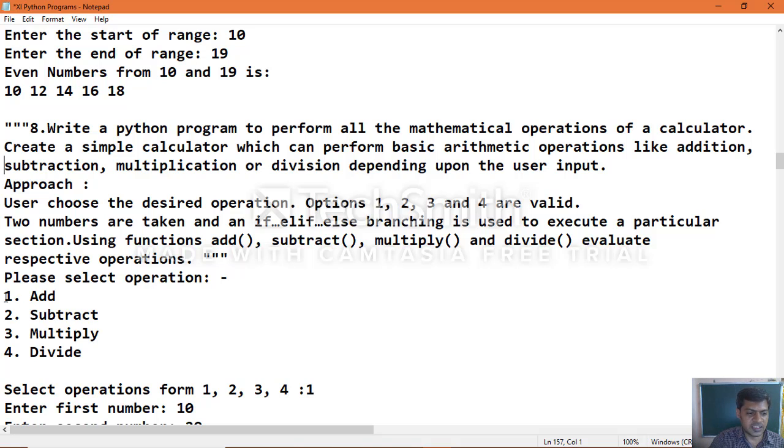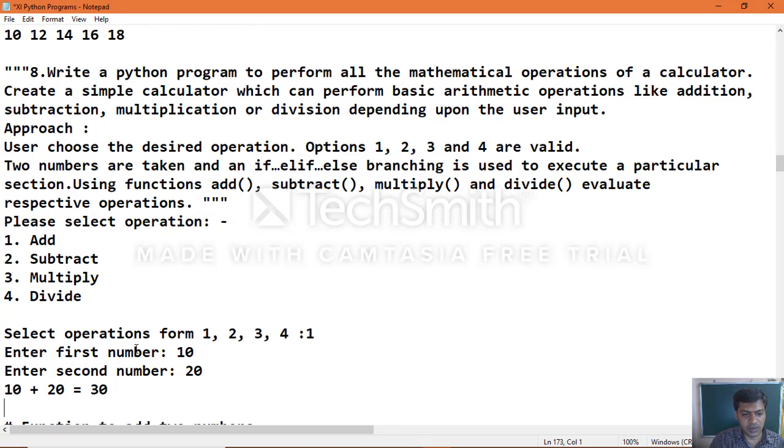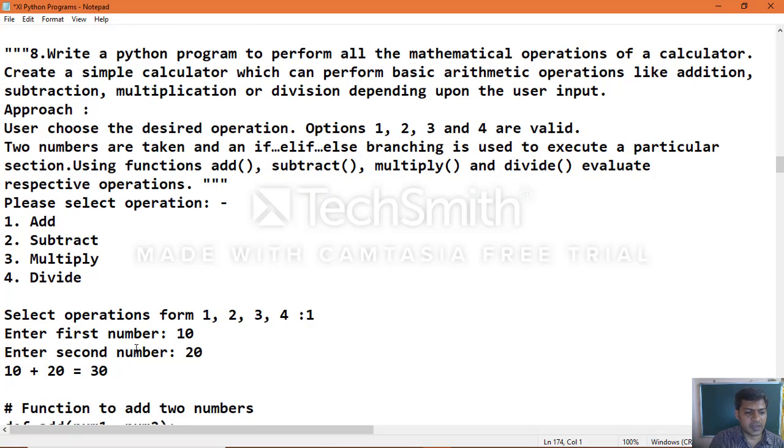Please select option. If you choose 1, addition will be calculated. If you choose 2, subtraction will be calculated. If you choose 3, multiplication will be calculated. And if you choose option 4, division will be calculated. So select operations from 1, 2, 3, 4. If you give 1, enter first number and enter second number, so addition will be calculated.